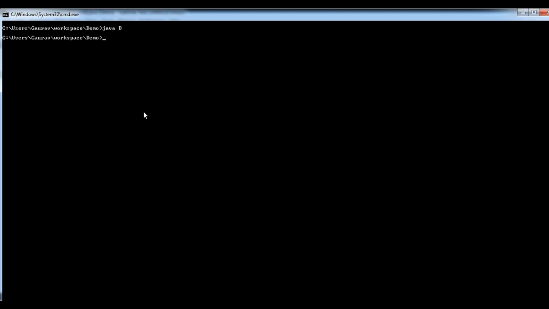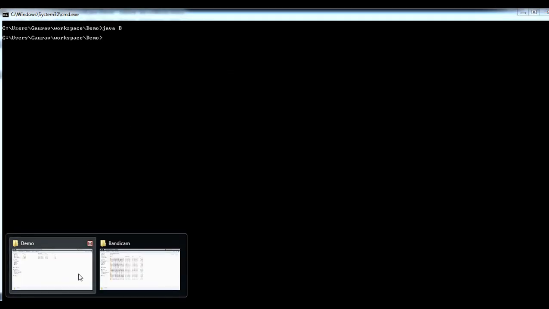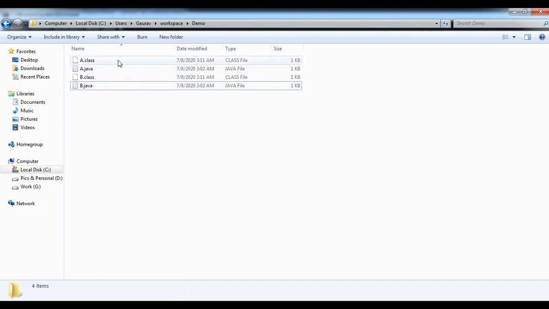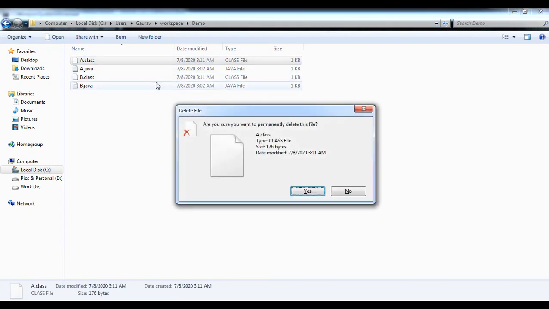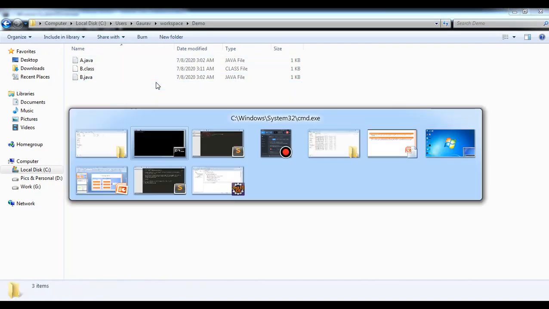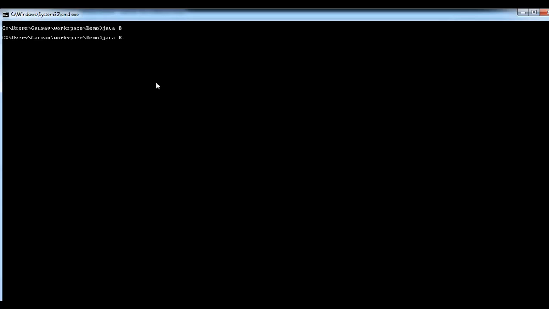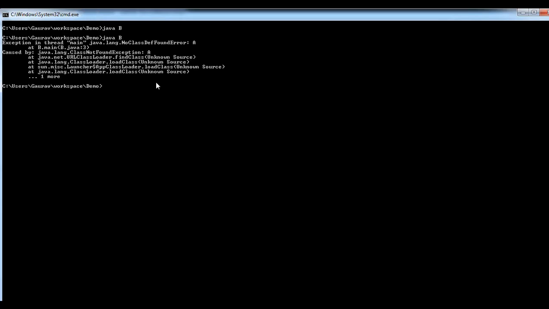So let's now try to remove the file class A from the disk and now try to run the same program. Now at runtime it will not be able to find the class. So as we saw in the bytecode of class B that there is a reference to class A, and now it is not able to find the class at runtime.